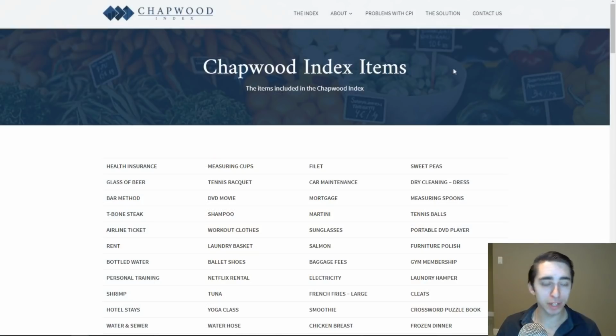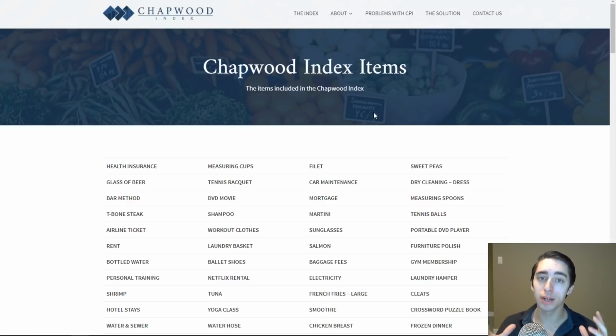There's a really good website, and I had a fan share it with me. It was something that came new to me, and I've been looking for something like this forever because I've known that the Fed has manipulated the CPI. They've changed and adjusted the CPI for a long period of time, taking in certain types of items or indexes for prices to keep that rate artificially low. But there's a really interesting index called the Chaplet Index. It's a free website. Just look up chapletindex.com and you can read through how the index actually works.